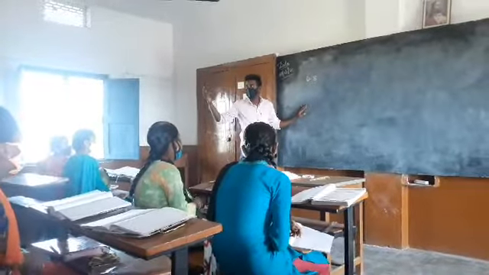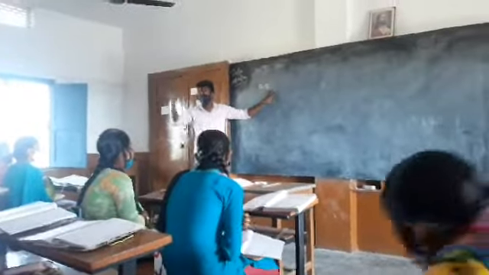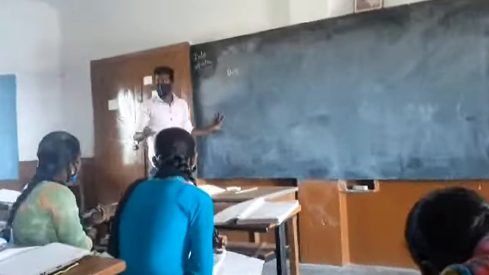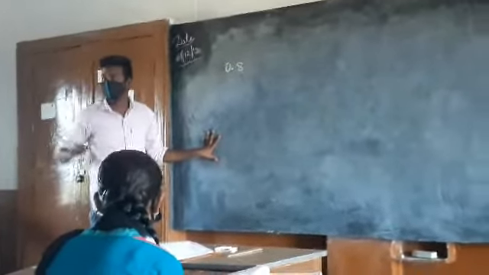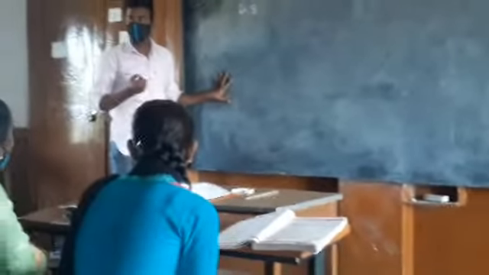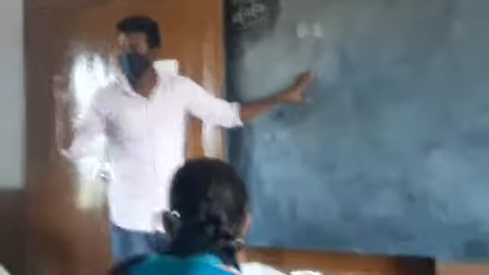All of you may know this is a decimal number and this is stopping, so we call it a terminating decimal number. Let us convert this into rational number form, that is P by Q form. Can anyone help me in converting this into P by Q form? Yes, very good. 8 by 10.